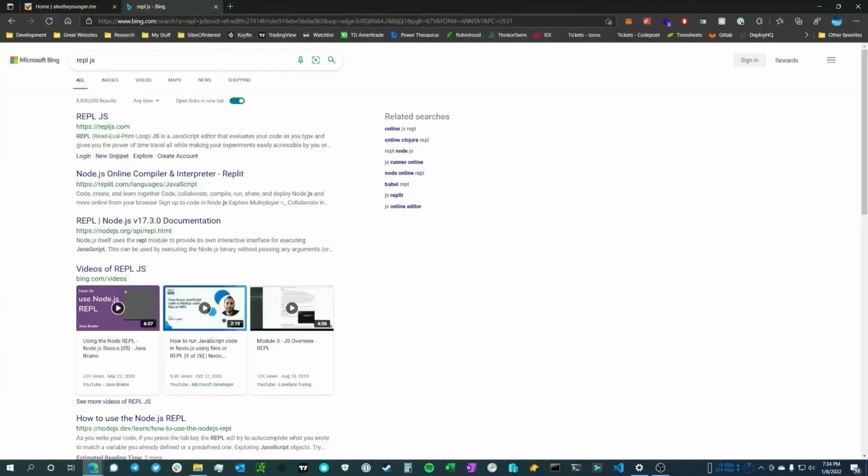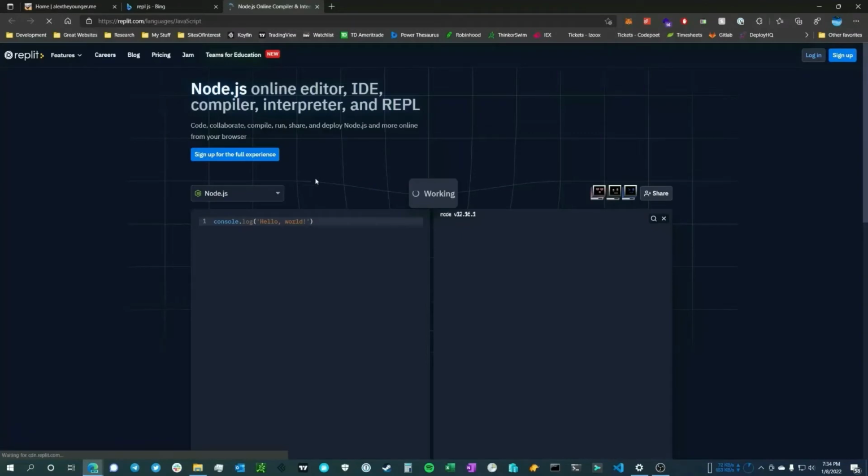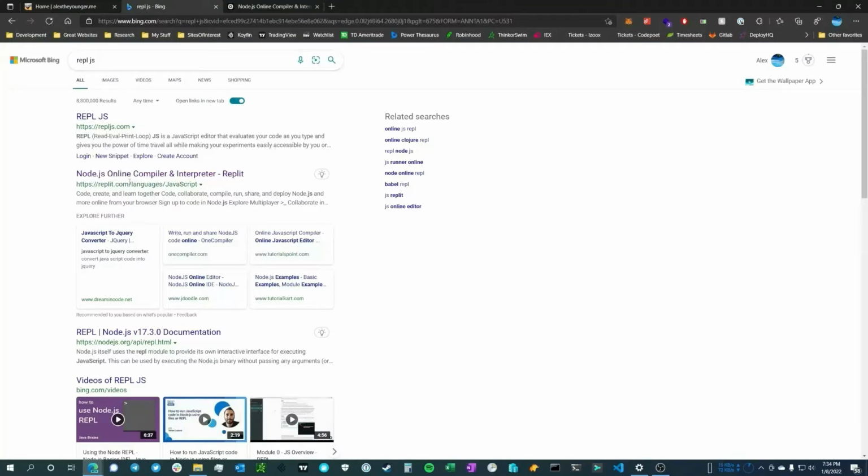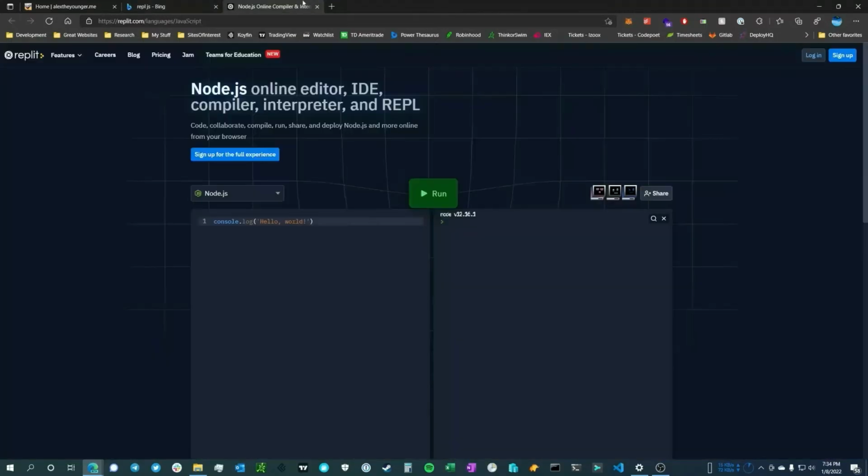REPL.js. We're looking for this link right here, replit.com. We're going to click on that. It's going to bring you to this screen right here. There's a specific reason why I made you type it in like this. If you just went straight to Replit, it's going to, well, to put it lightly, this site is constantly trying